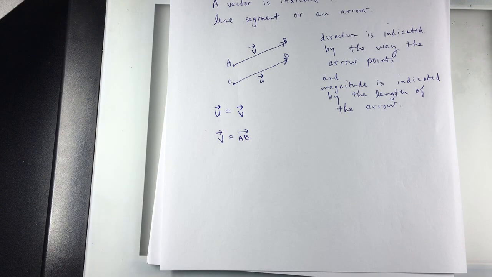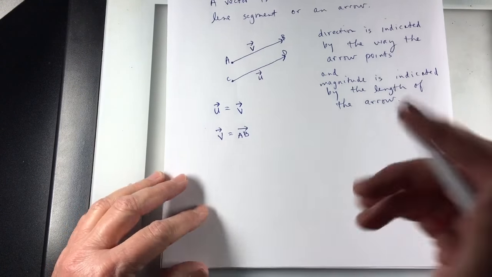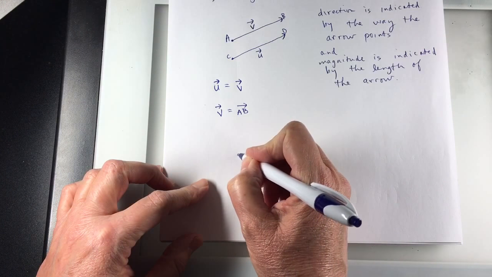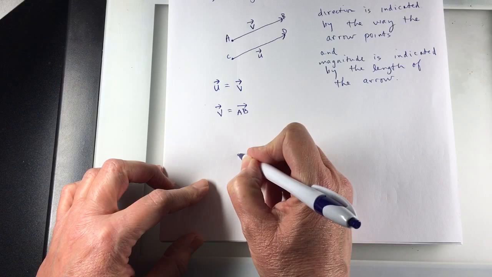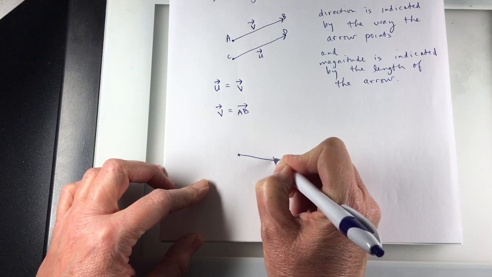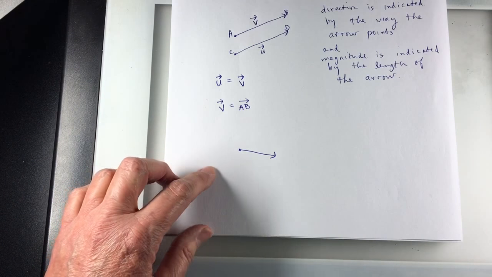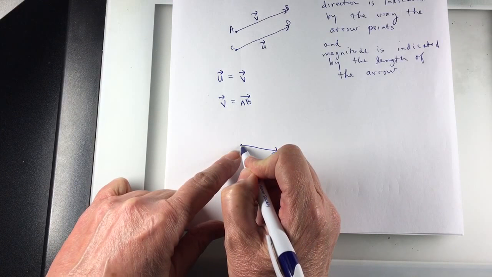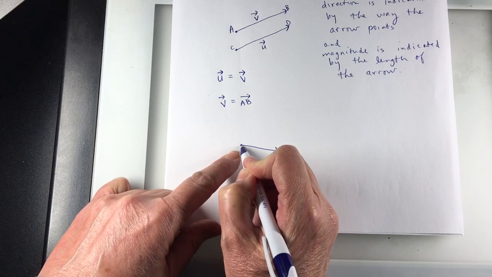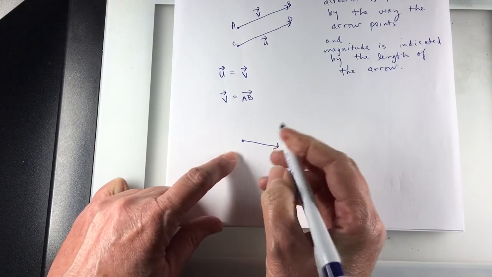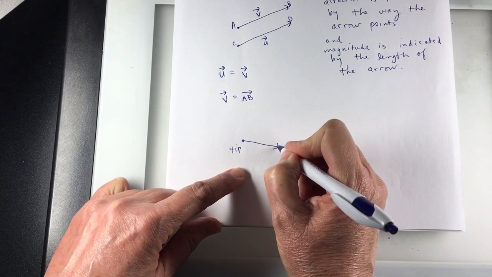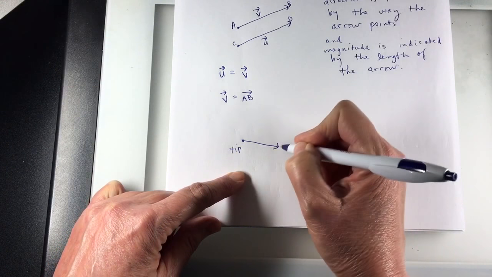So I can give the beginning point and the ending point. And those of you who've studied vectors before, I'm going to draw another vector. This one's not going to be equal to the ones I have. In fact, I'm going to draw it slanting down a little bit. So the beginning point here, we could call that the tip. And the ending point, where the arrow is,